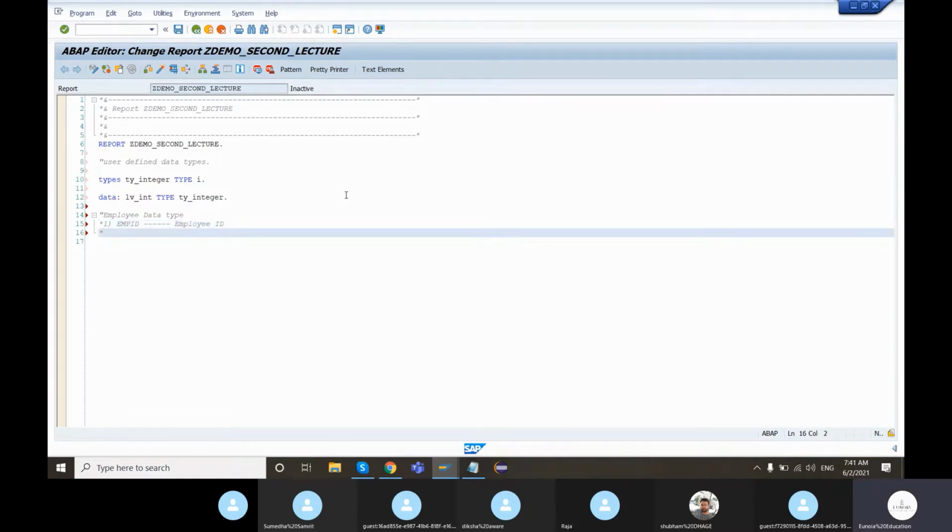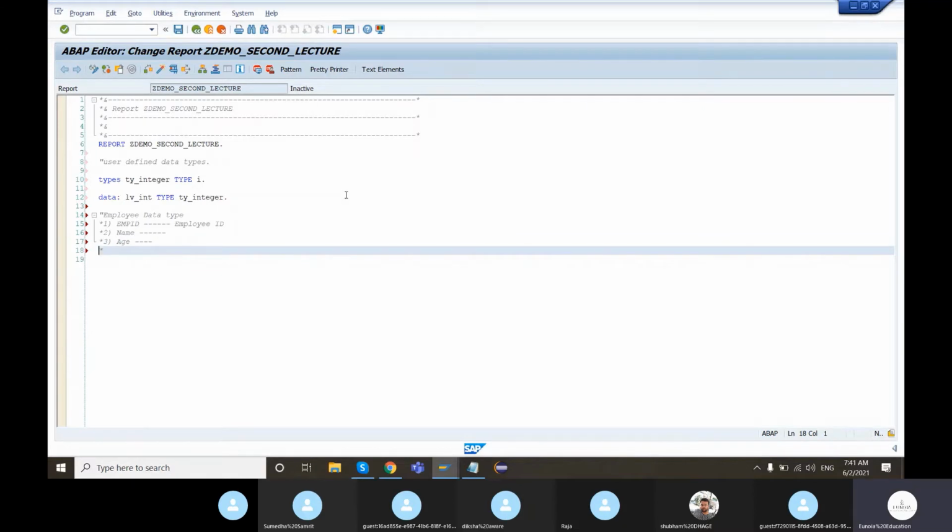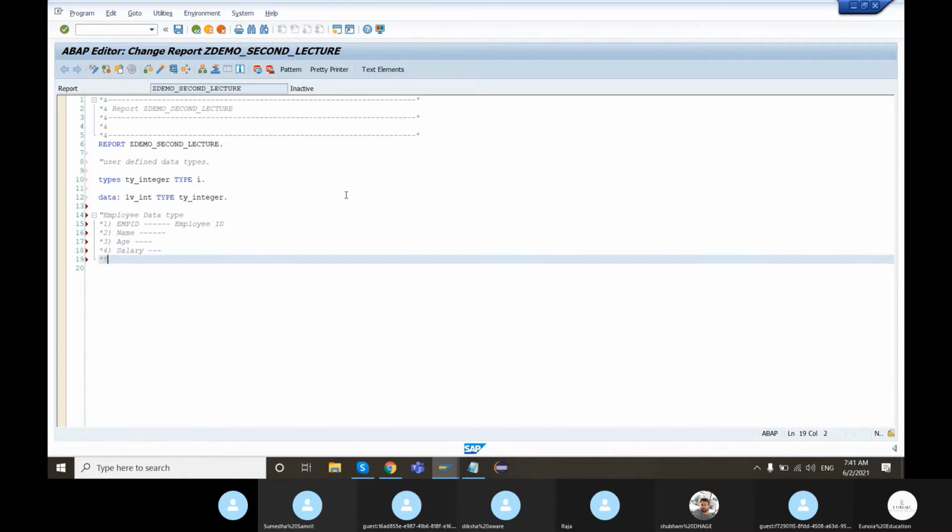An employee can have a name, then employee ID, then age. I can have age. An employee can have a salary. An employee can have date of birth.